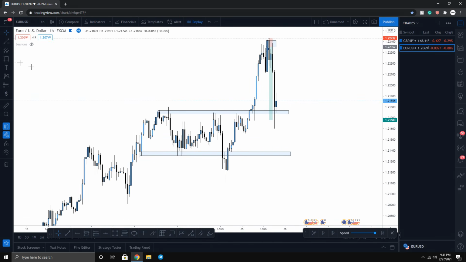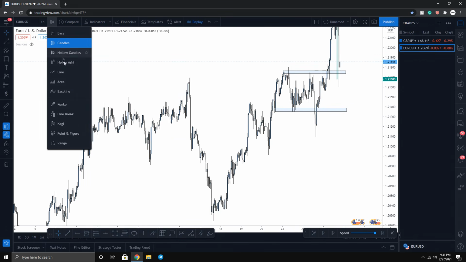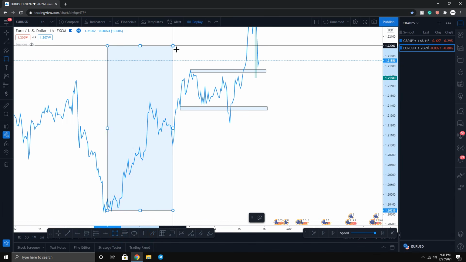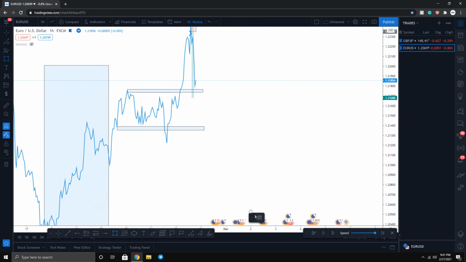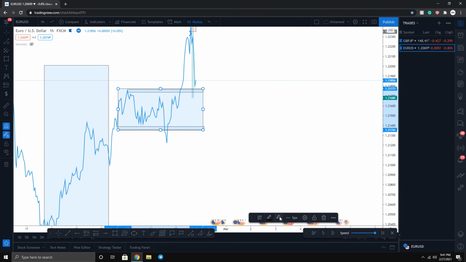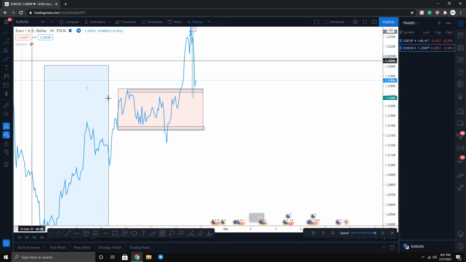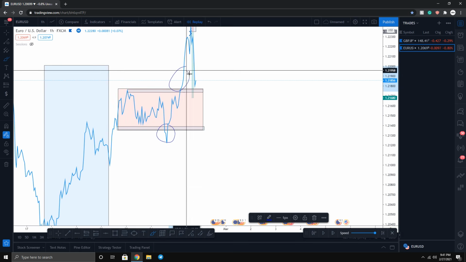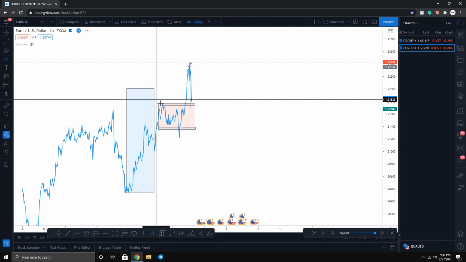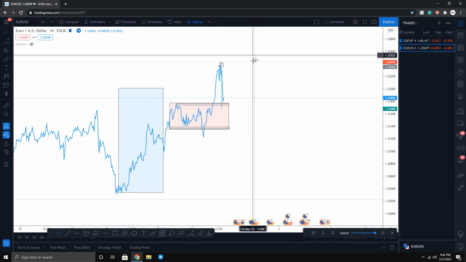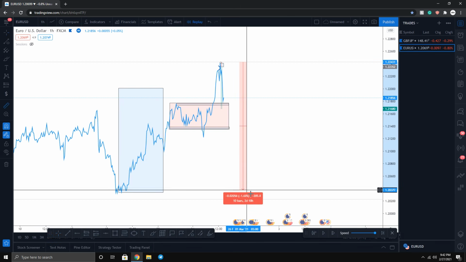Let's actually go to the line chart to get a better idea of what happened. We can see that after the market expanded right over here, it created the manipulation, just like we said before. This is the manipulation. Now I'm going to highlight this as red, and boom, we see the manipulation. After the manipulation, we have the stop out of the buyers, and then the stop out of the sellers. Now that we know that the buyers and the sellers are stopped out, this is when the banks are mostly going to start getting involved in real trades into those big 200 pip moves towards the downside.